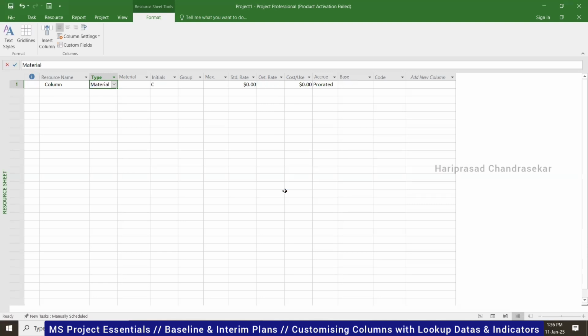Then click OK. Since we are changing the type, the overtime rate and all will go away. Cost per use will come. That is normal everywhere. It will be coming. So the standard rate column, my intention is to have